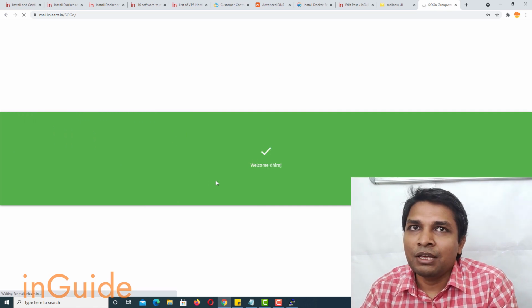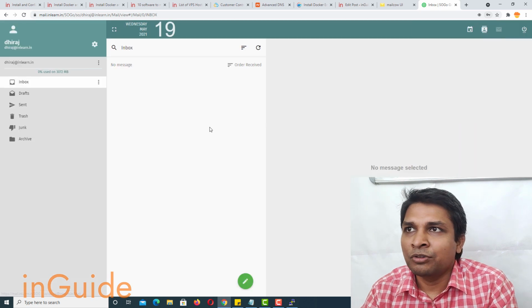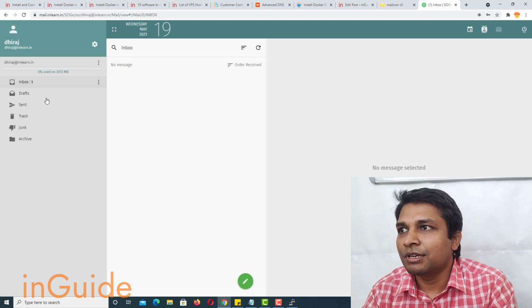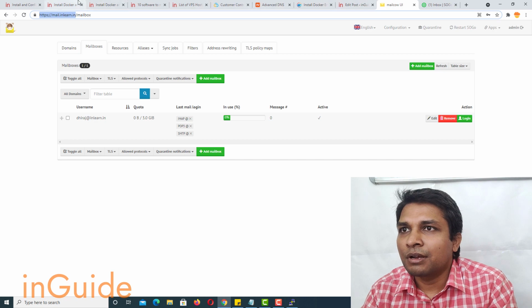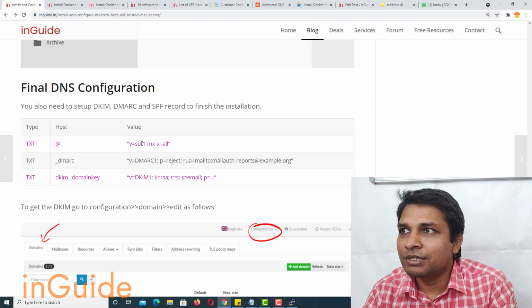Now you can see I am able to log in, and this is the user interface. You can see the date and inbox, drafts, sent, trash, and everything.